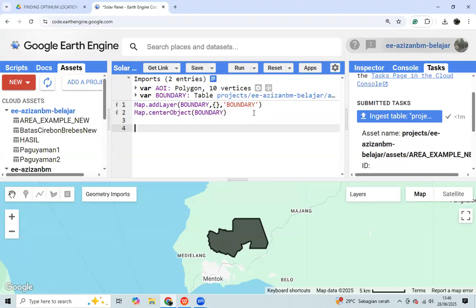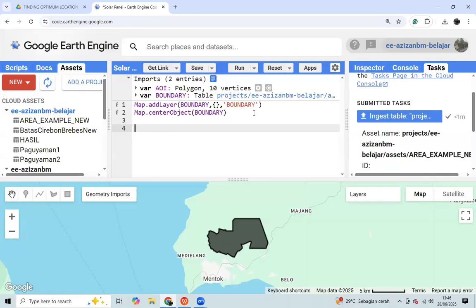And then how do we specify it? Using the global administrative layers data, we can search the data.